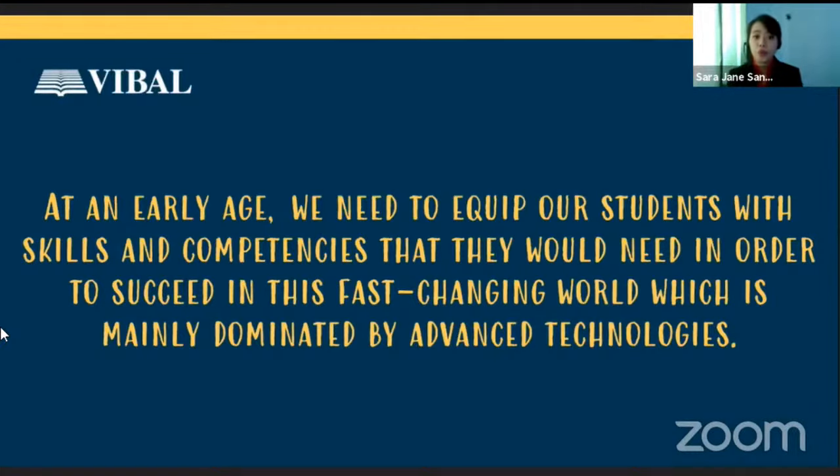And for today, we would focus on one of the skills that our students of today should know, which is programming. Pero Miss Sarah, hindi naman ako ICT teacher. Ano alam ko dyan? So baka mahirap to sa akin, nakakatakot kasi zero knowledge ako sa programming eh. And at the same time, paano kung hindi naman talaga gusto ng bata maging software developer in the future? Well, knowing basic programming doesn't really mean na magiging software developer sila in the future, or teaching them programming doesn't mean na ipupush natin sila maging software developer in the future.